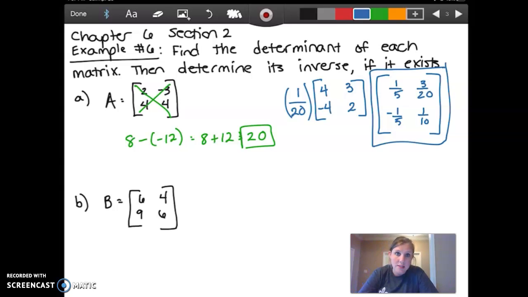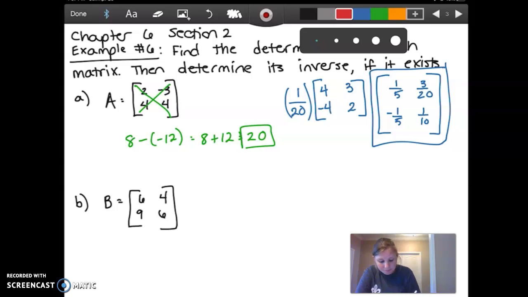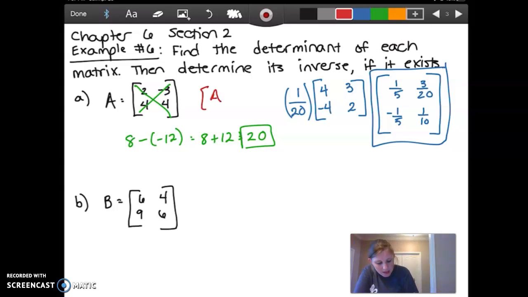If you're choosing to put this into your calculator, which is okay, I would take matrix A and then raise it to the negative 1. The problem is this actually gives it to you in decimals, and decimals a lot of times are not going to be satisfactory to your professors or to this teacher. So what you want to do is make sure that you change it to fraction form, which you can do by pressing math, and then the very first option is fraction,